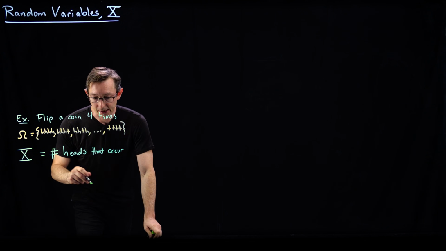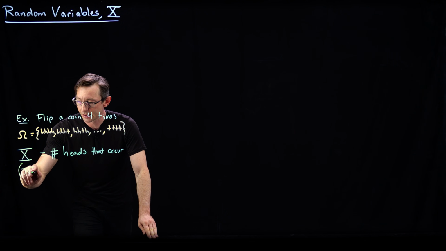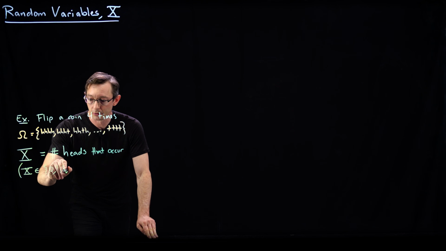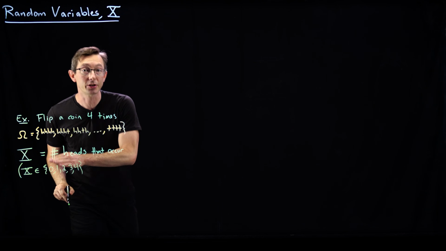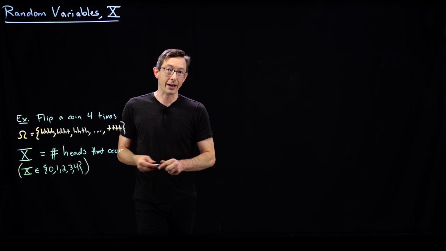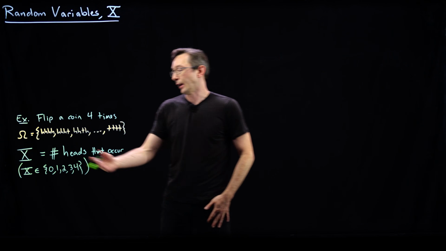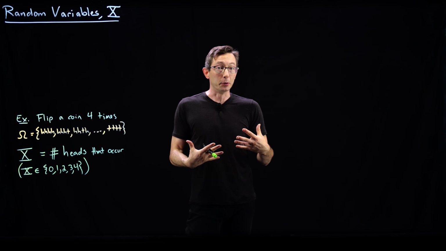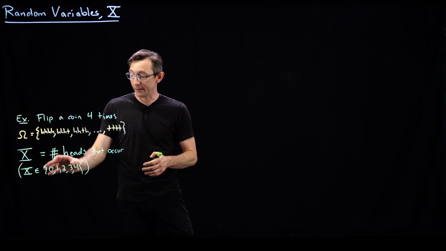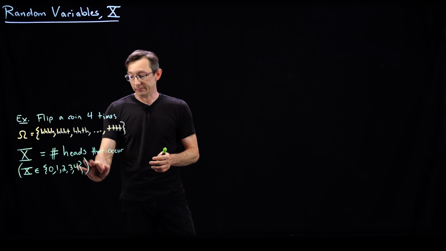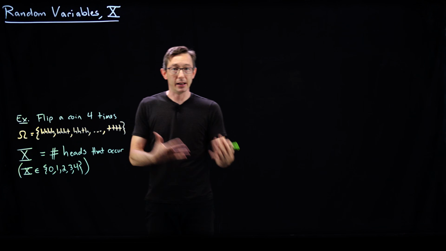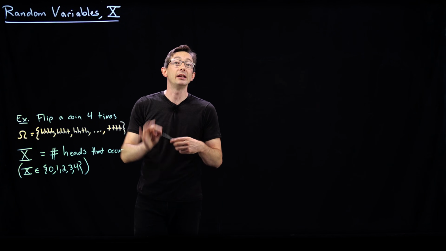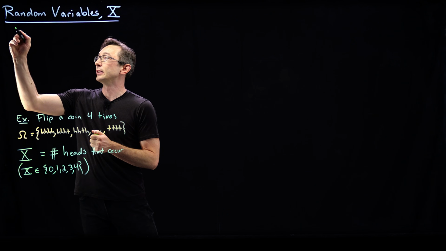And so we would say that x takes values 0, 1, 2, 3, and 4. It could be an integer between 0 and 4. I could get 0 heads, I could get 4 heads, I could get 1, 2, 3 heads as well. So x is a variable, and it has this set of numbers that it could take. So this is a discrete random variable. My random variables could be discrete,